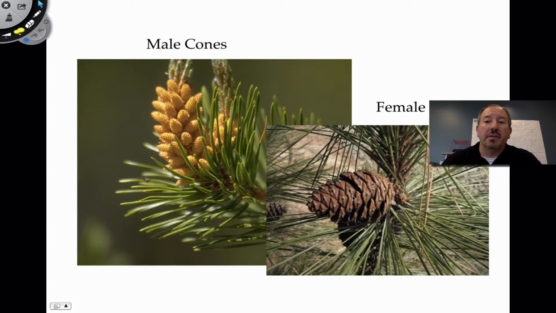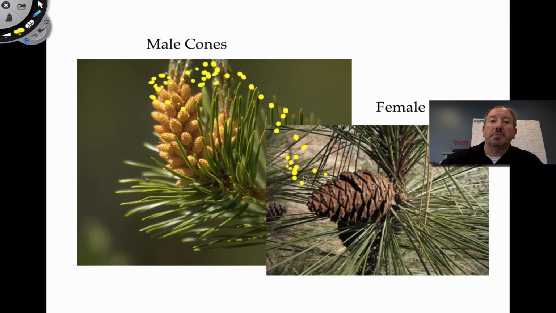Everyone thinks that a cone is a pine cone. Hey, pine cone. But there are fir cones, and there are redwood cones, etc. Inside the female cone are the little eggs, and the pollen is the male. If I could animate this, the pollen comes off the male cone and contains the male sperm, and it's wind aided. Animals are not really helping to pollinate. There's not much to attract them. It's not like an angiosperm. This is considered to be gymnosperm.